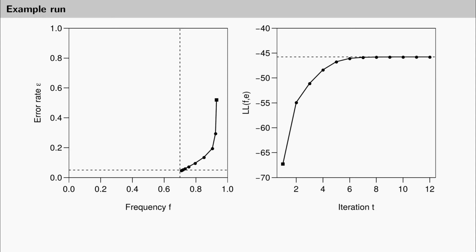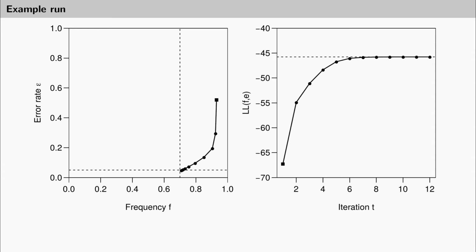The EM algorithm then proceeded along this line with each dot representing one iteration. The final iteration is very close to the true value, which is marked with these dashed lines. On the right, we see the trace of this EM algorithm in terms of the log likelihood. Our initial guess had a log likelihood that was quite far away from the final log likelihood achieved by the EM algorithm. And as you can see, with every step, and with every iteration, the EM algorithm improved the log